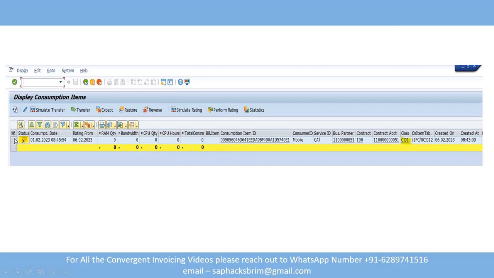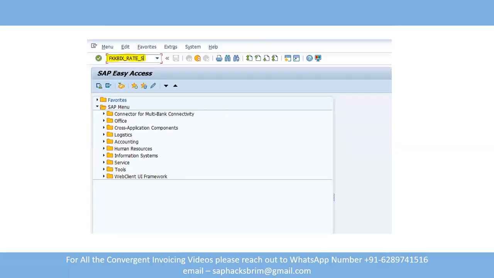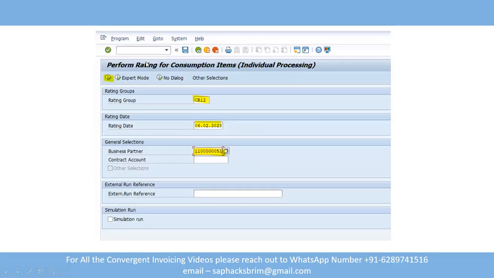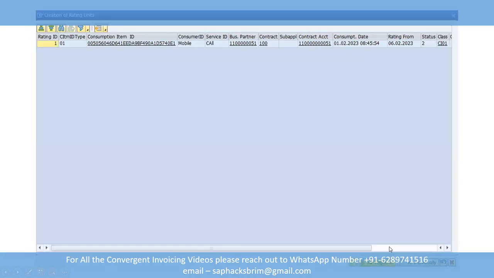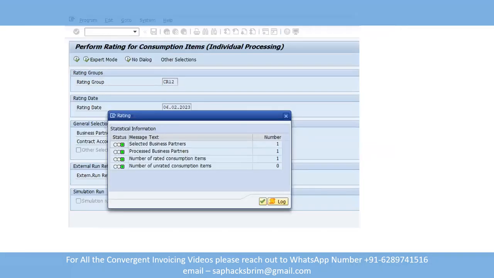Now you want to perform this rating. This consumption item should be here. The agenda is to perform the rating process. So just select all of them and click here on perform rating. Or you can use the transaction code also. The transaction code is FKK_VIX_NET_S. Go there, put your consumption item, rating group, and put your business partner, and you can click on execute. Okay, and you can just click on select all, continue. Okay, and continue, and you can see that